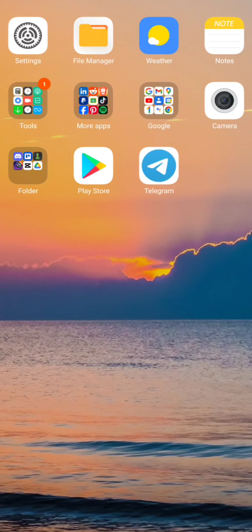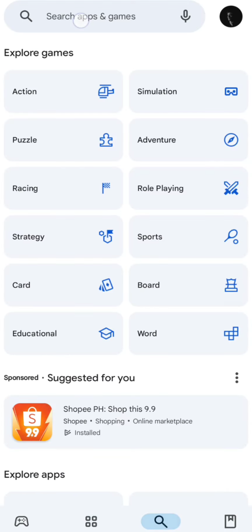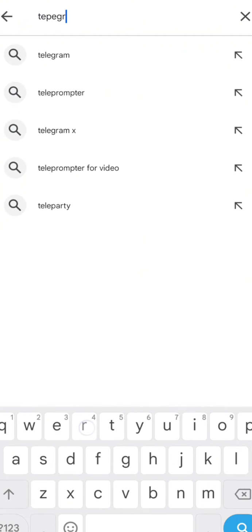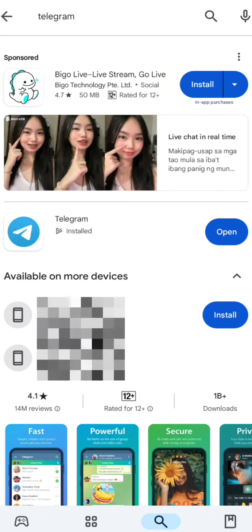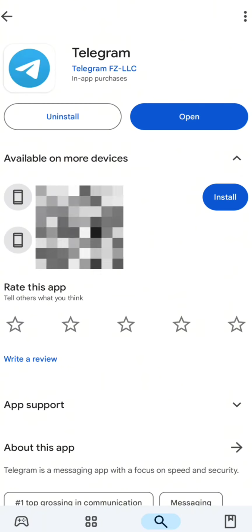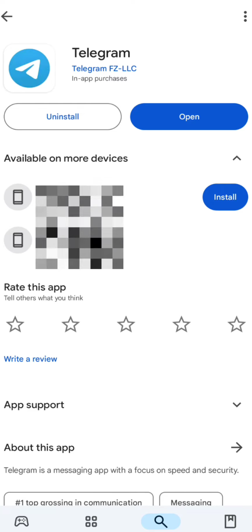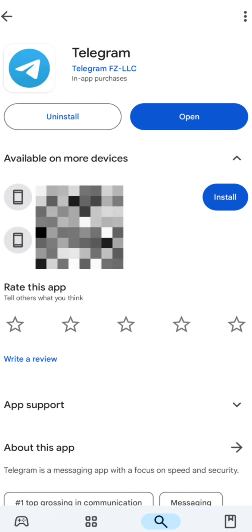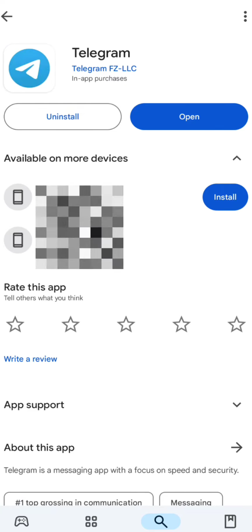Hello, in this tutorial, I'm gonna show you how to play Hamster Kombat using your Android phone. Click on the Play Store in your device, and then search for Telegram. After searching it, you must download this in your Android phone. As you can see here, I have already downloaded Telegram. So after downloading it, simply click on Open,